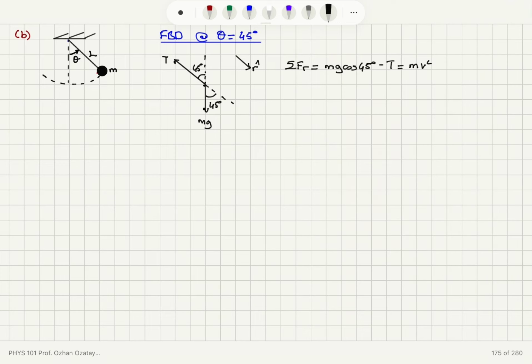squared over L. Or if you wish, the centripetal force here is tension, so the center is here. The tension minus mg cosine 45 is minus mv squared over r hat, so that's the same equation. And this gives us, for the tension, mg cosine 45